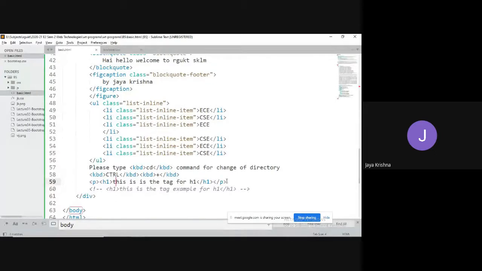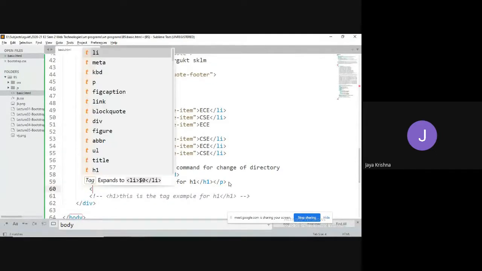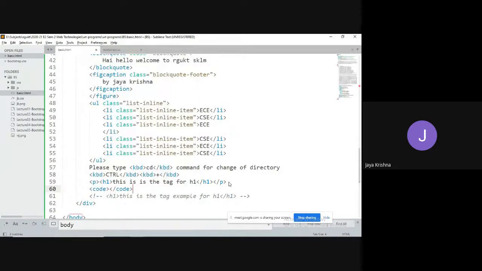At that time, we can go for an alternative. We have a tag called the code tag. There we can write anything, and it will not be parsed by the browser. Wherever the less than symbol is needed, you can use the special entity, ampersand lt. I write the less than symbol, H1, then the greater than symbol, this is the heading tag, this is the tag for H1.